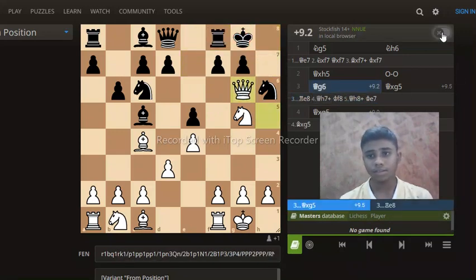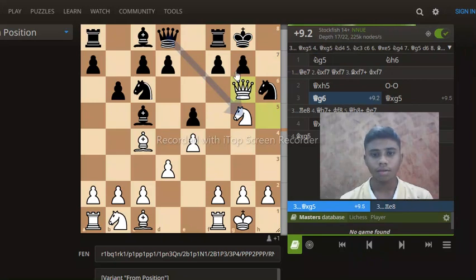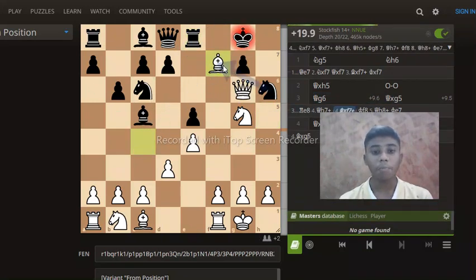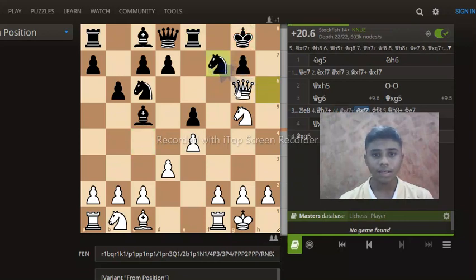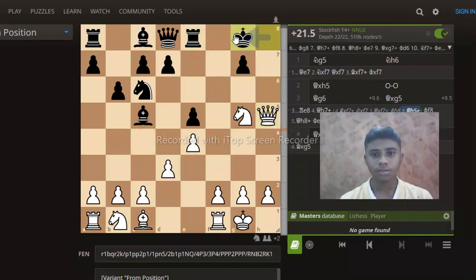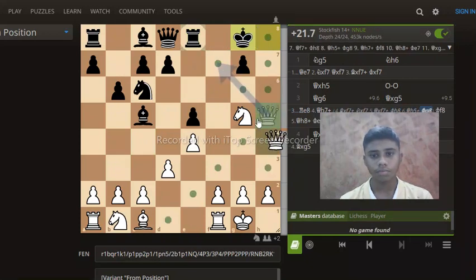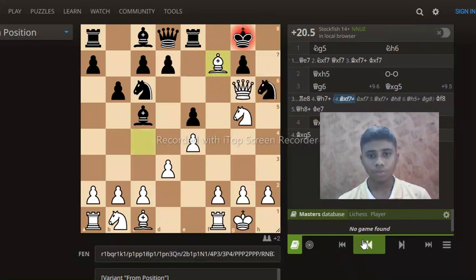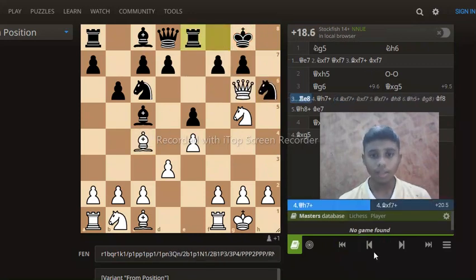Thus, black just has to give the queen. And you even have this bishop takes, and the position is just dead. Look at this. I mean, this is a very bad position. Thus in this position, black would have to give the queen,